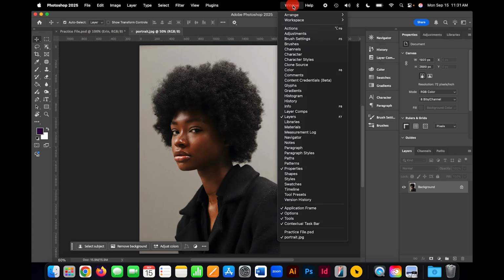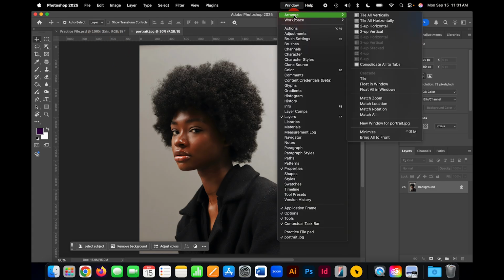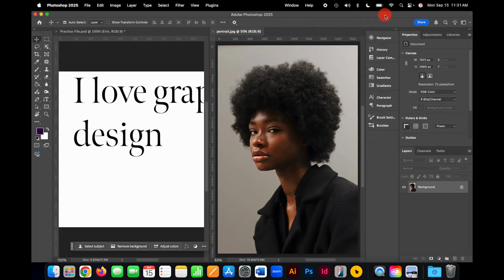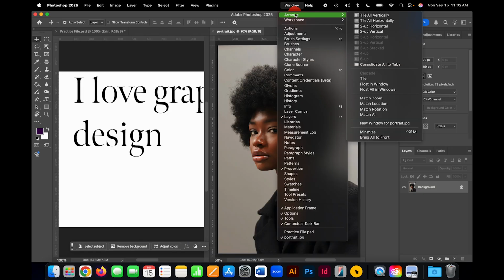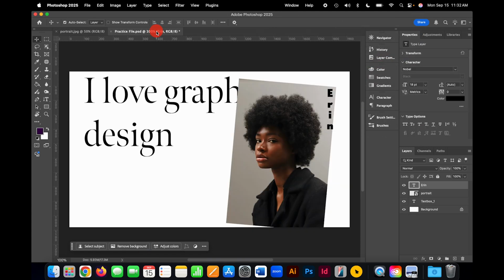You can go to Window, Arrange, and if you want to see your images right next to each other, you can choose how to tile them, tiling them either vertically or horizontally. To reset it, you can hit Consolidate to all tabs. You can even move tabs around, so you can have one in front of the other to work how you want to work. So going back to our practice file,